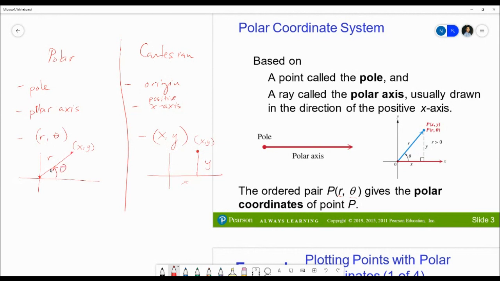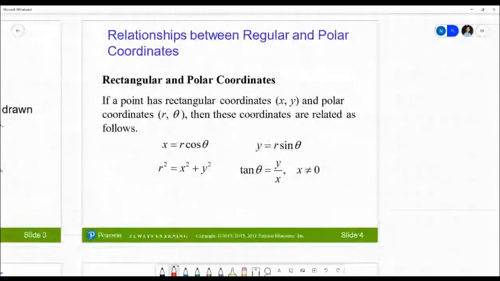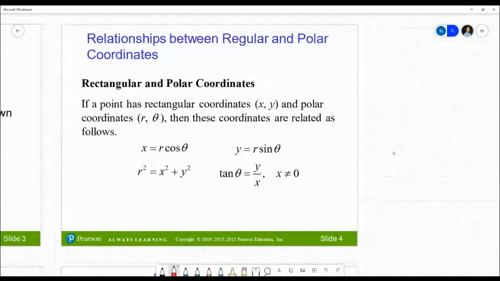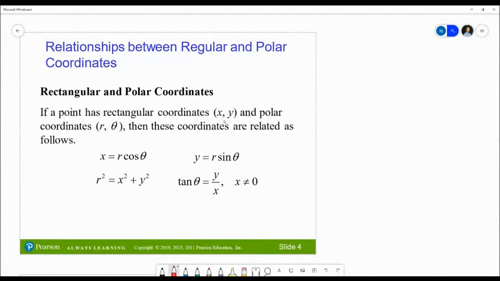So basically we have a ray that we rotate along this pole in order to get our point x, y. So we achieve the same thing, it's just a different method on how to do that. You will see the benefit of polar equations in a second. So how do we convert from one form to another? Well, if a point has a rectangular coordinate x, y and a polar coordinate r, theta,